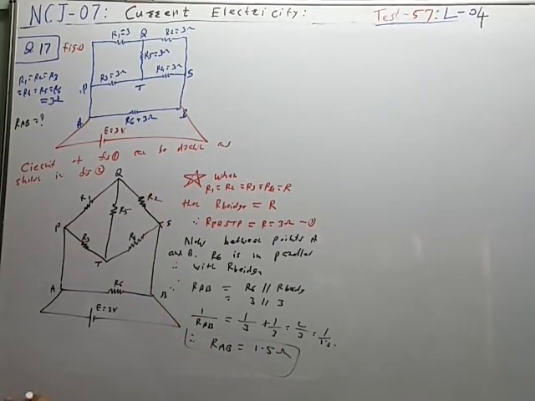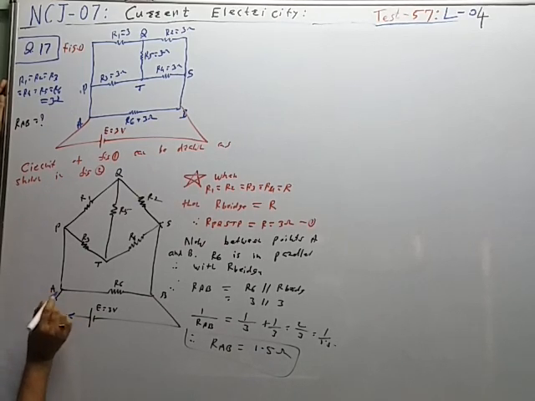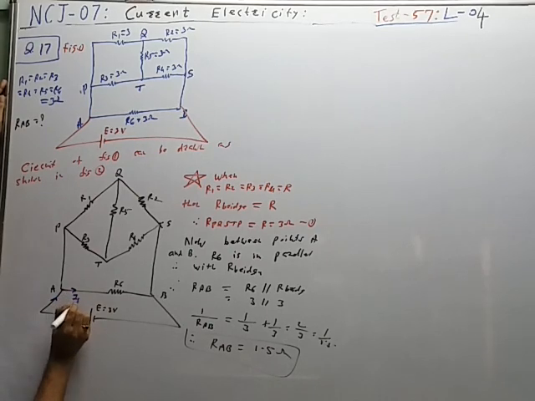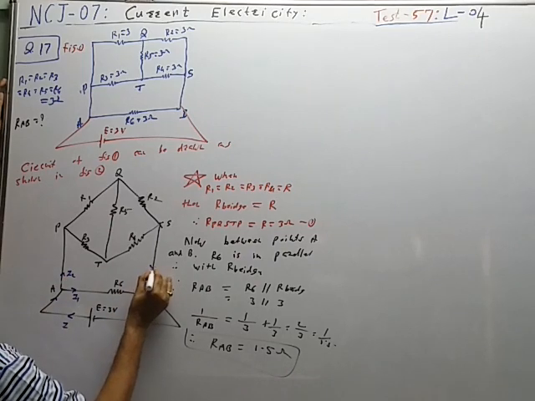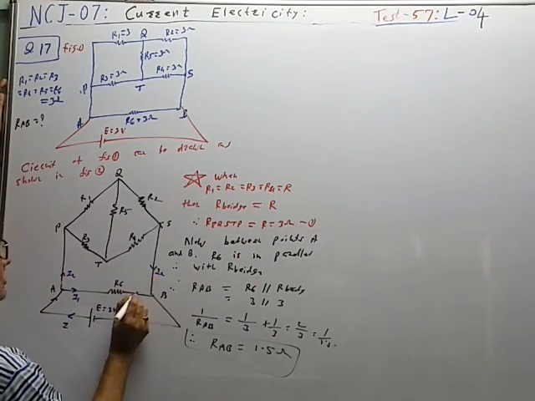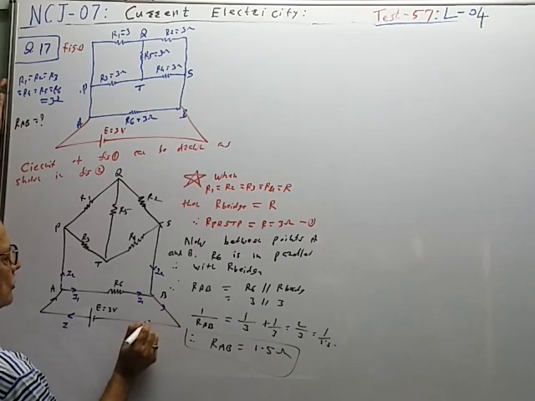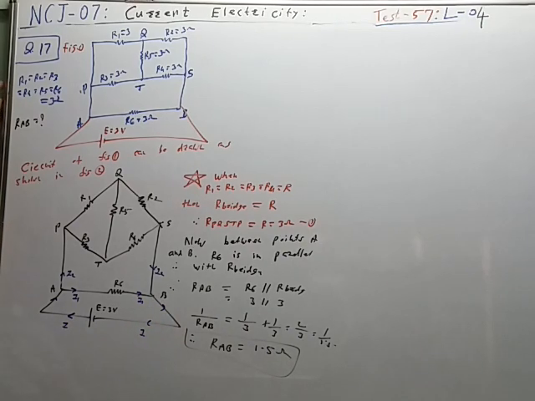Now from this battery some current will flow in this direction, I. At this point, it will divide into the two branches. Some current will flow in this branch, some current will flow through the bridge. From bridge, current I2 will return. From this branch, I1 current will return and total current I will return. So I is equal to I1 plus I2 again by KCL.